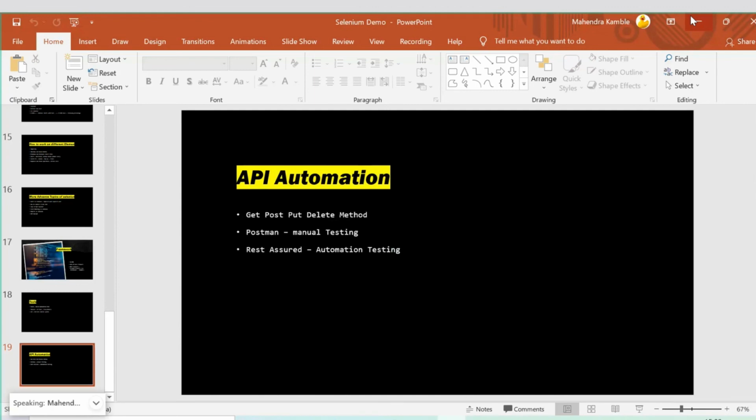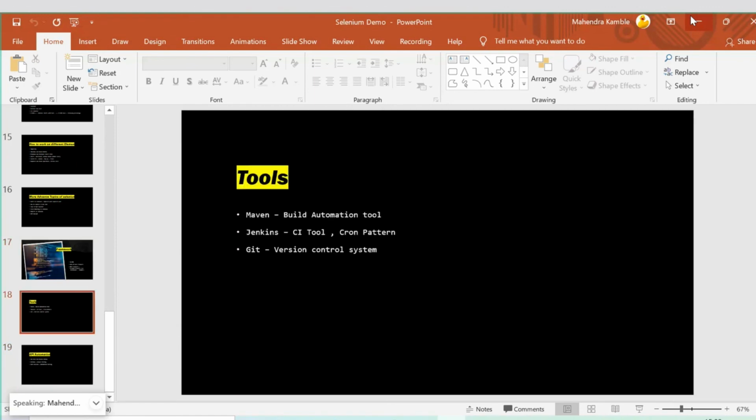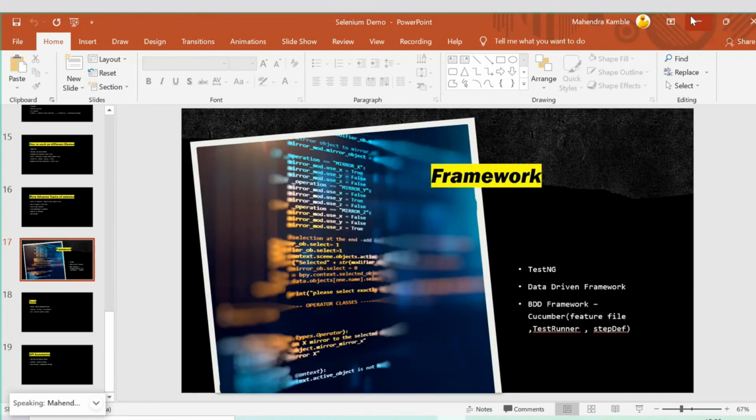All frameworks means, in a BDD framework, how you can create the feature file, how you can convert that feature file into step definitions, and inside the step definitions how you can write the Selenium code. Second, how you can make the same BDD script into a data driven framework. Through BDD also you can run your script a number of times with different data. These two things I will cover in our BDD framework.